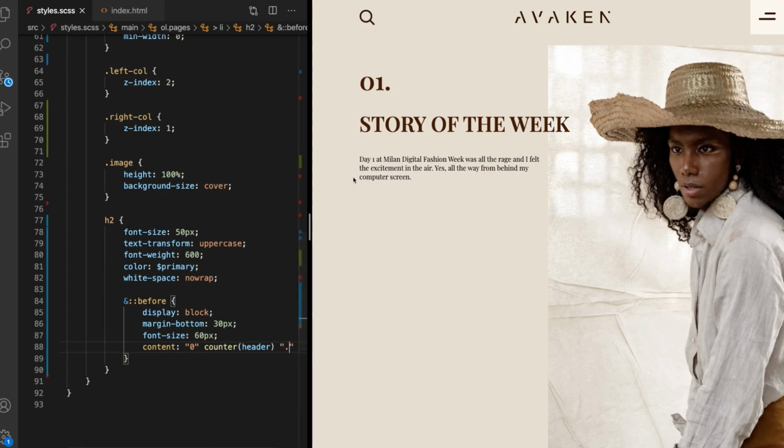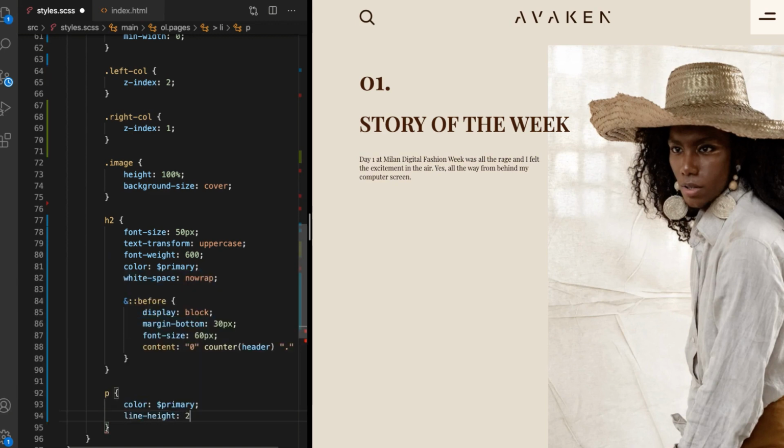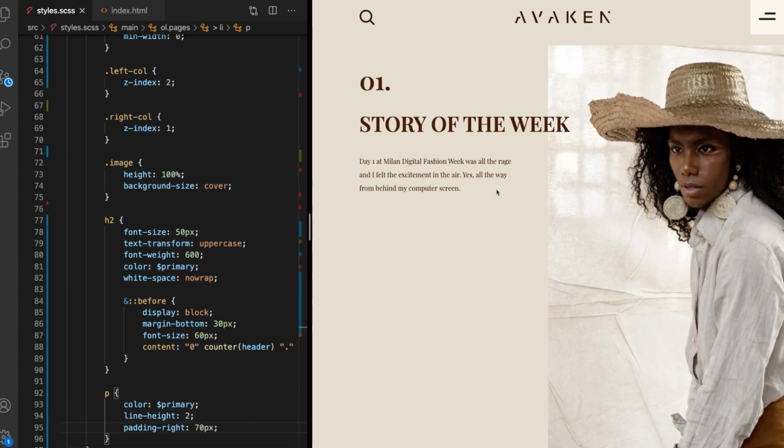So we don't need to worry about this in the actual HTML content of the page, which as you'll see will be quite useful. So that's looking pretty good. The only thing in this section now is to actually target the paragraph tag as well. So let's set the color of this to primary, and I'll also set the line height of this to be 2, just so that the text is spaced out a little bit more. And the padding right, just to push it in a little bit more